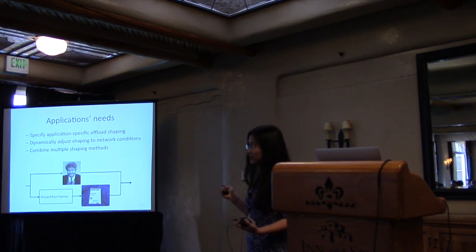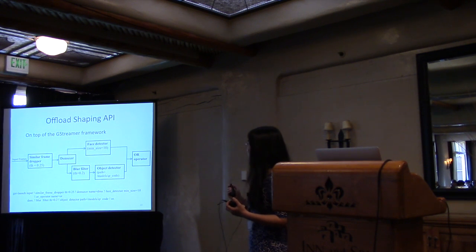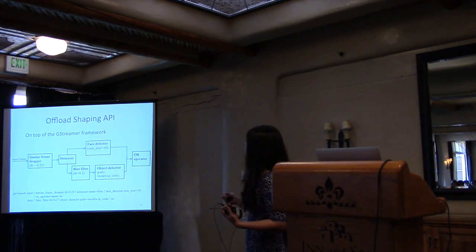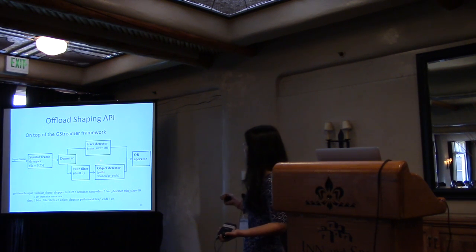So to address the application's needs like these, we propose an offload shaping API. We designed this API on top of the GStreamer framework. GStreamer is an open source multimedia framework. It can be used to specify complicated graphs in video processing. We repurpose it for offload shaping. This is what our example will look like in this framework. We see a face detector here, a blur filter here, and an object detector for QR code there. So to specify this diagram in the API, we only need a declarative command like this. It's okay if you cannot read it, but as long as you can see, it's only 3 lines,